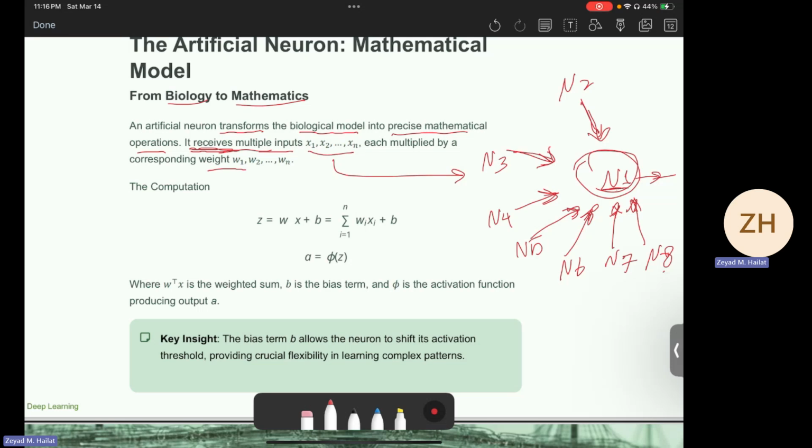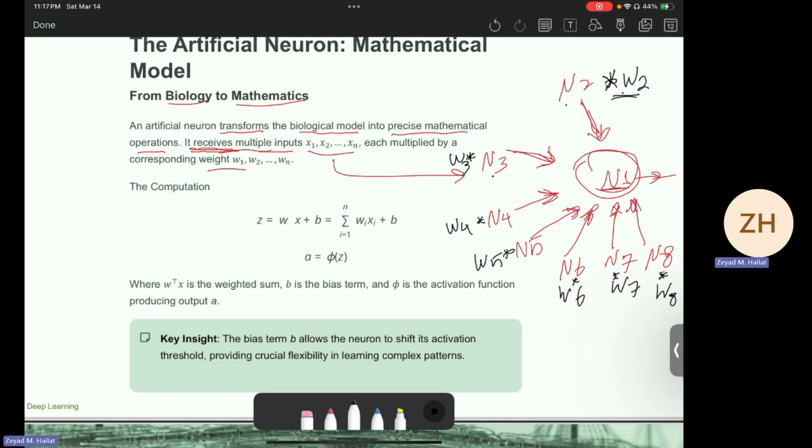Now, if you see these neurons that we have, N2 does have more impact than N3, for example. So what we do is we multiply it by weight 2, and this one we multiply by weight 3, and this one weight 4, just to amplify it, make it stronger. This is W4, this is W6, and this is W7. So we multiply it by a weight, and the weights are variables. They vary. It depends. For example, if this one is stronger, that means the weight in here will be much larger.